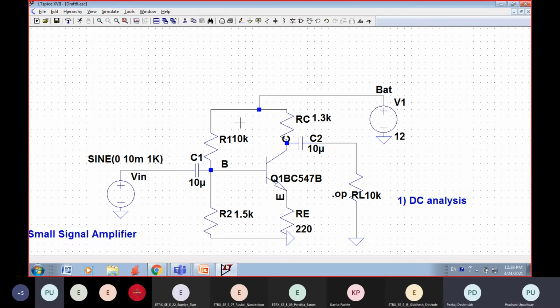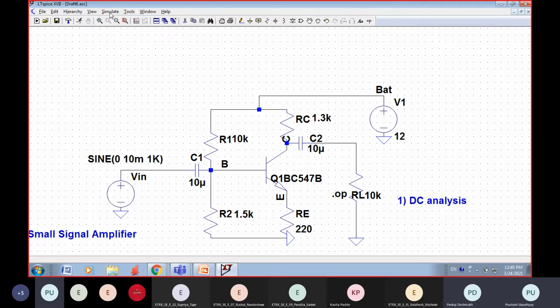Yeah. So let's now simulate it. For any simulation you have to give a command, okay, just like previously we have given the .op command. Now we have to overwrite a command. We have to give a new command which will tell the software to calculate something different, which will actually do a transient analysis, a time-based analysis, where a time input you will provide, and for this time it will have sinusoidal input and output.